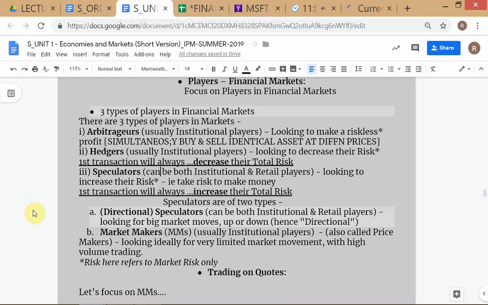Yeah. So see here, this again, I've got a sub-classification. One of the golden rules of taxonomy is that your taxa at any level have to be mutually exclusive. You can't have categories where a person can fit into either this or that. Essentially, that means if I put the subcategories of speculators as directional speculators and market makers, then the market makers are not directional speculators and directional speculators are not market makers, right? So if I classify everybody into boys and girls, that means the boys are not girls and the girls are not boys. Okay, this is clear.